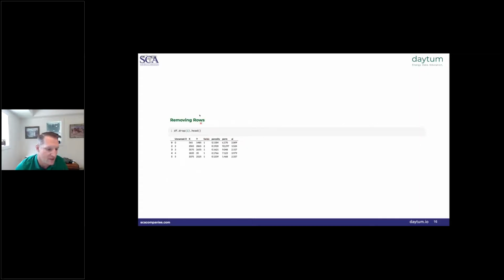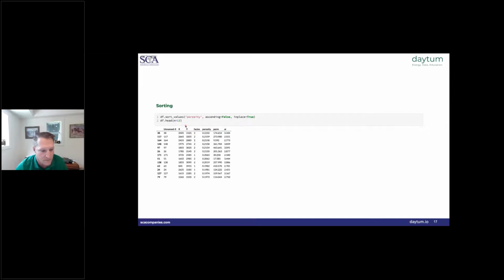So here's an example of dropping a row. In this case, our row label is just an integer, and the default axis is 0, which means drop a row. So we can just simply say drop the 1 row. And you see it's missing now from the data frame. In other words, the index labels go 0, 2, 3, 4, 5. And again, I'm just printing off the first 5 rows with the head command.